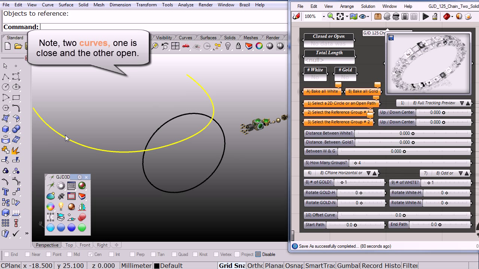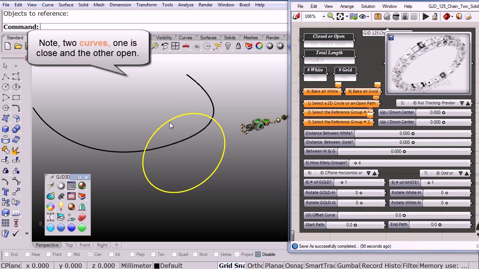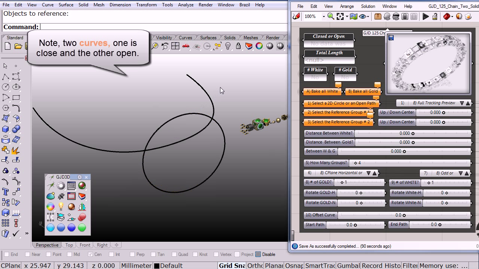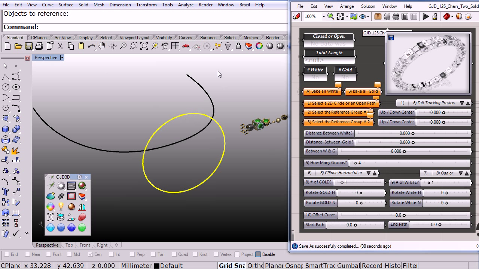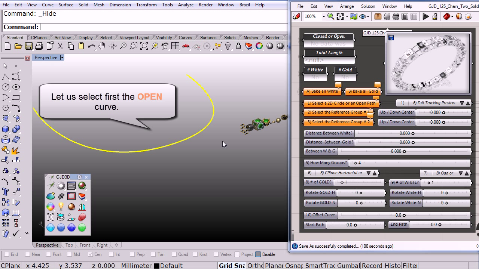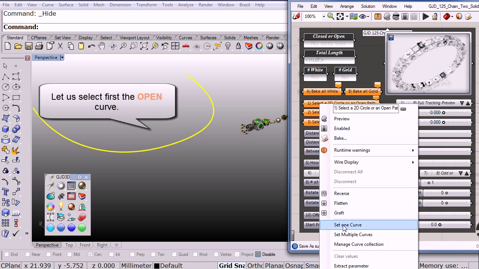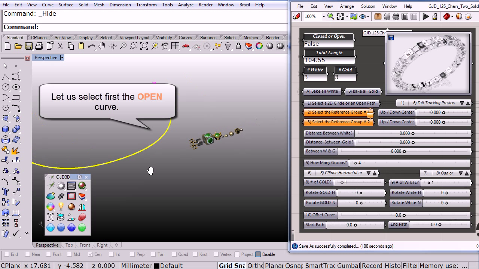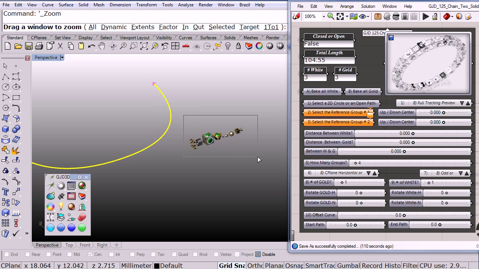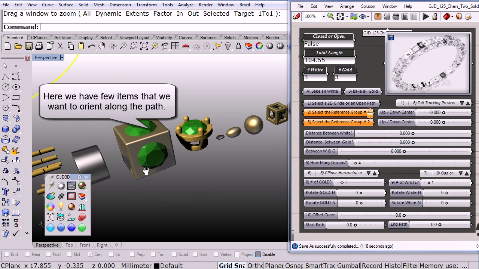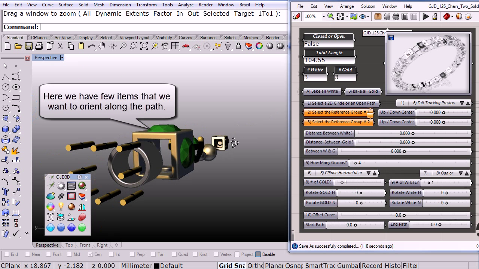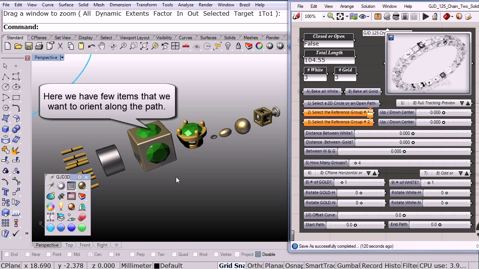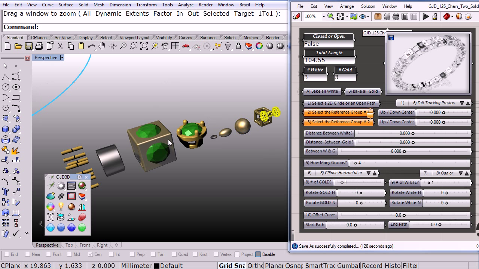We're gonna start selecting the open path first. Let me hide the circle, hide it, and let me select the path. Once we have the path, we can go ahead and select the first group of items. To make it very simple, I'm going to select the sphere,